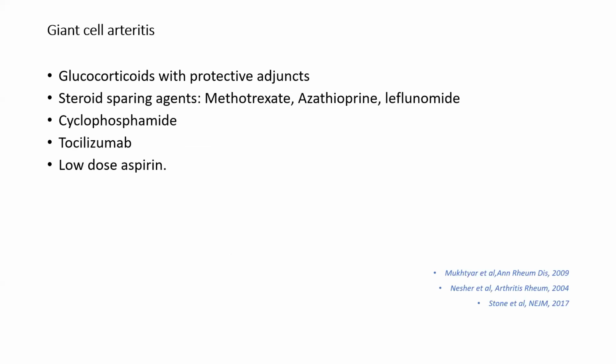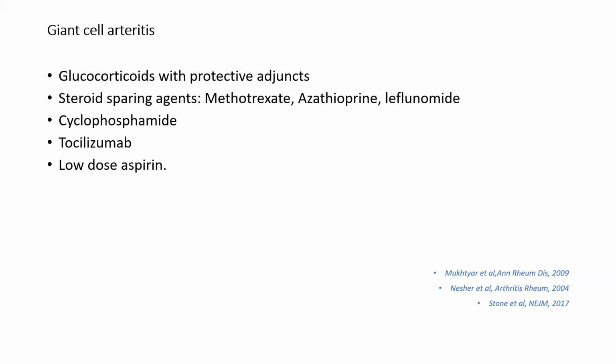I'll just go through a few of the vasculitic syndromes and how we treat them, the drugs we use to treat them. So for giant cell arteritis, glucocorticoids are the mainstay of treatment, first line, and then we use steroid-sparing agents: methotrexate, azathioprine, and leflunomide. Cyclophosphamide and anti-IL-6 tocilizumab can be used for severe disease, and low-dose aspirin is recommended for use